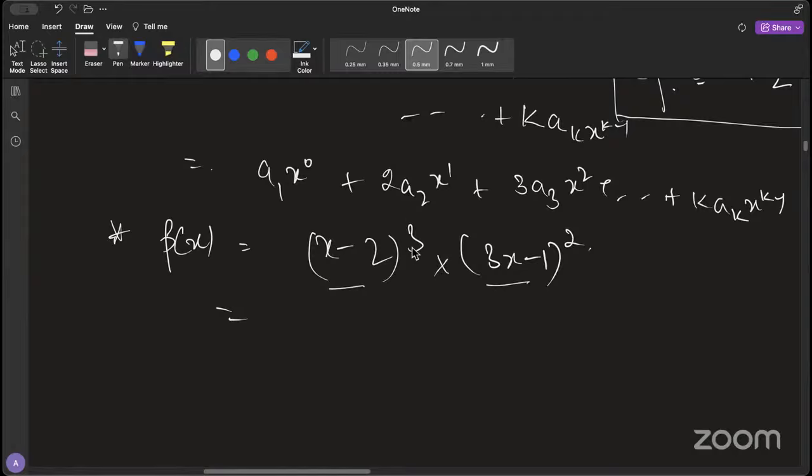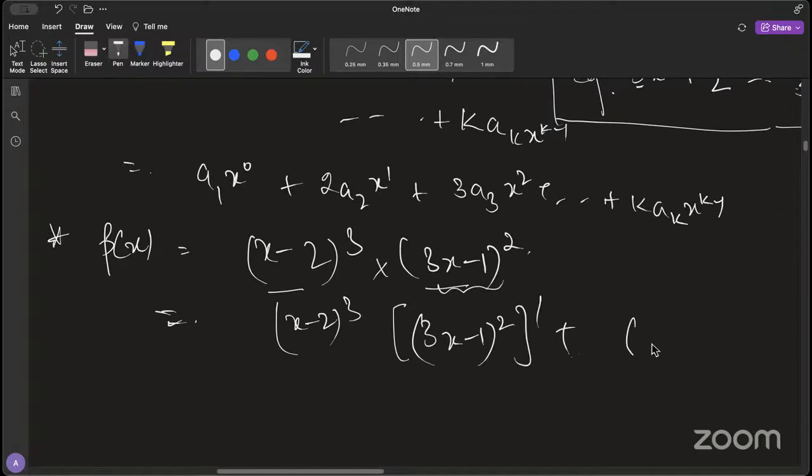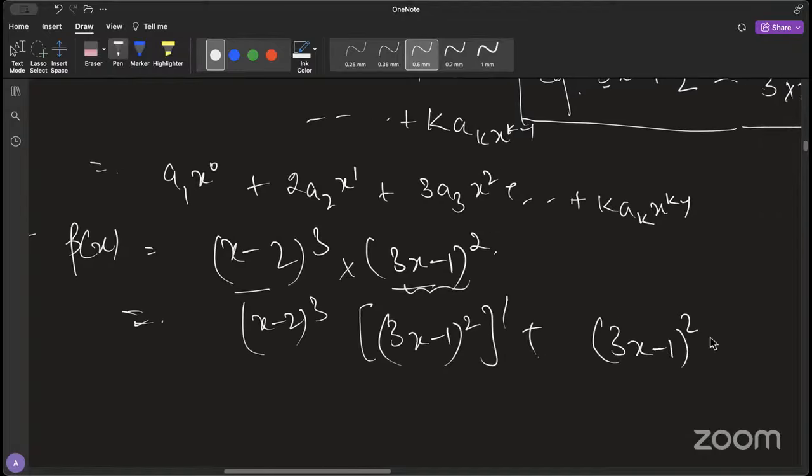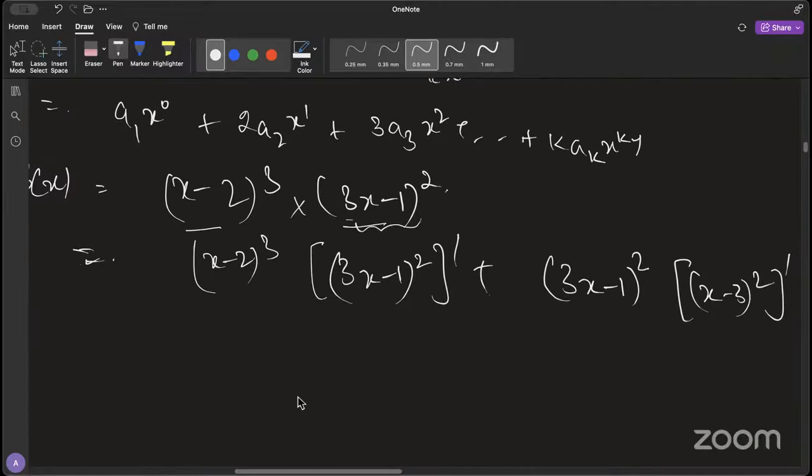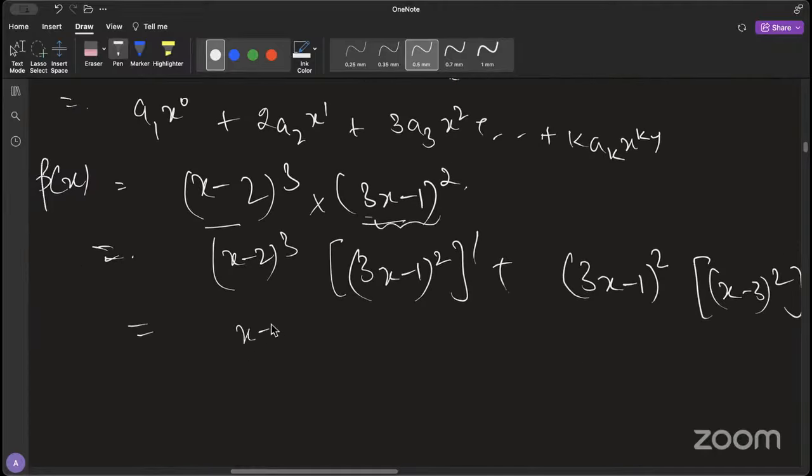You should write this factor as it is, and then find the derivative of the other one, 3x minus 1 square. Then keep the second one as it is, and find the derivative of the first one. So this remains x minus 2 cube, and to find the derivative of 3x minus 1 square,